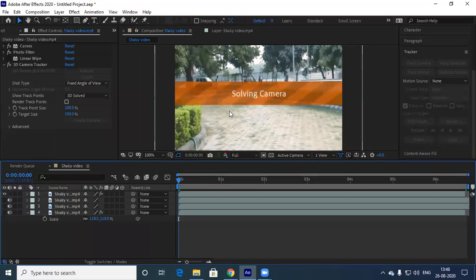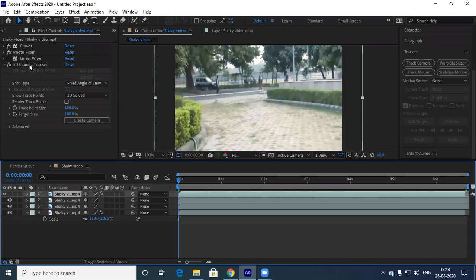So now let me add a text. That's a super thing, a cool thing. Let me add a text over here. As per the camera movement, the text will also animate. That's the best thing which we can do. Let's do that. It's solving. Yeah guys, it is done now.